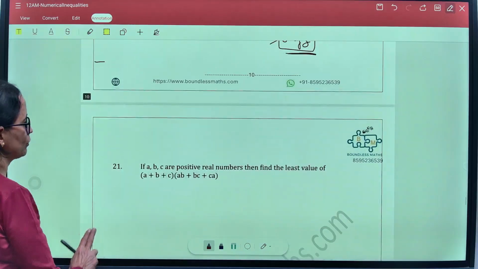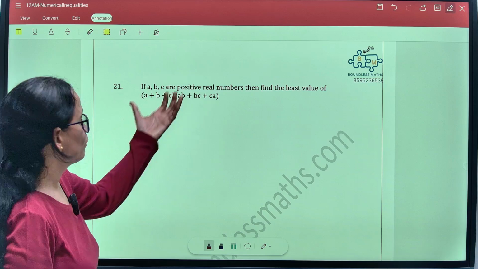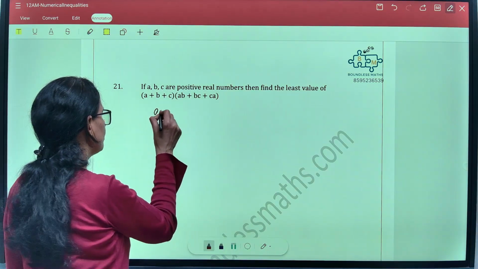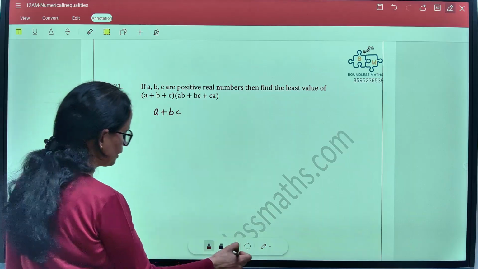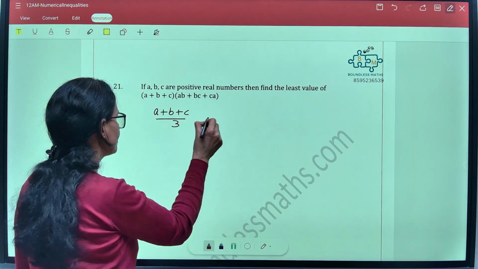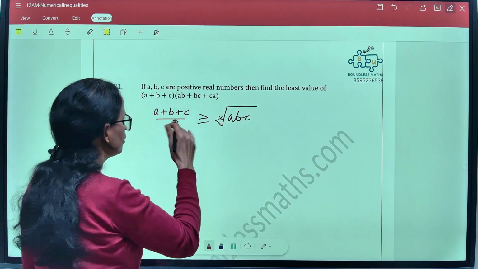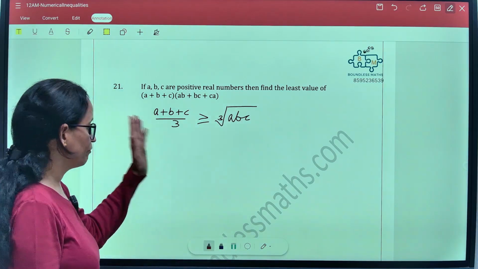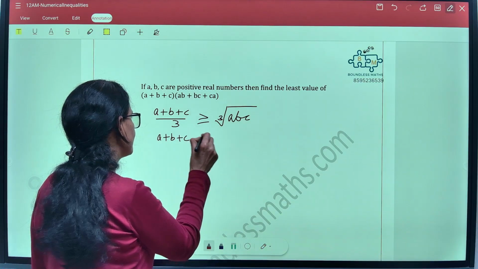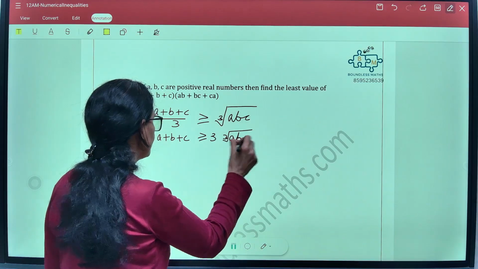Now there is another similar question, the last one for AM and GM, don't worry. So let's have a look at it. Again, you are given the product of two brackets. So let's assume the three numbers are A, B, C. What will be their arithmetic mean? The arithmetic mean is going to be (A plus B plus C) upon 3, and this is greater than or equal to the cube root of ABC. Here be careful, it is cube root and it is 1 by 3 on the left side. So this becomes A plus B plus C greater than or equal to 3 cube root of ABC.